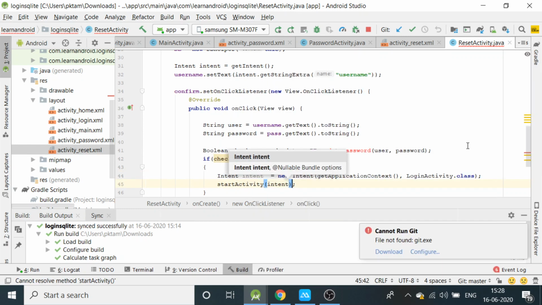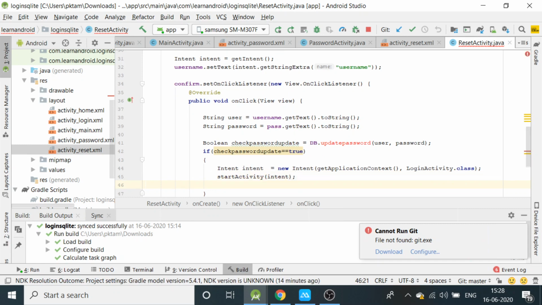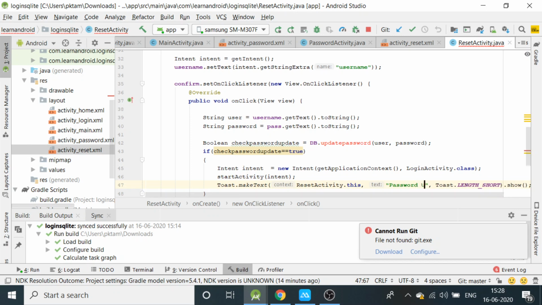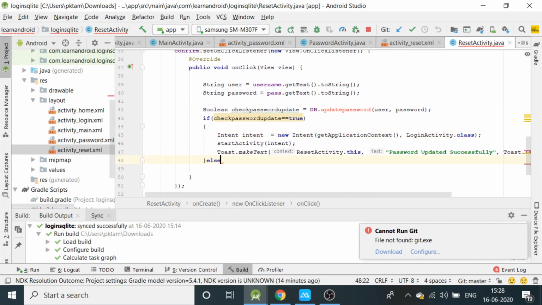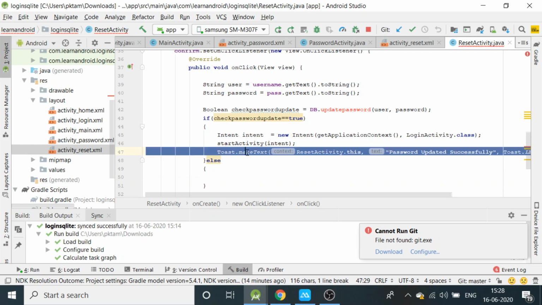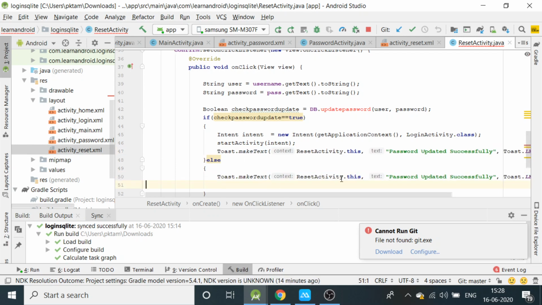If the password is set, we send the user to the login activity, then show a toast message: password updated successfully. And else, if the update password method has not returned true, that means the password has not been updated, so we will write a toast message: password not updated successfully.